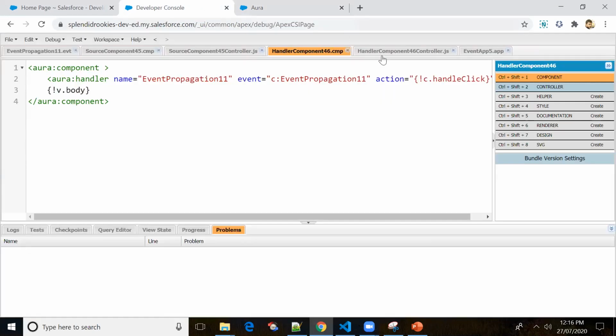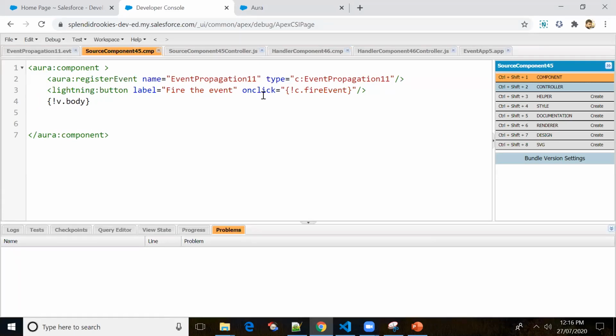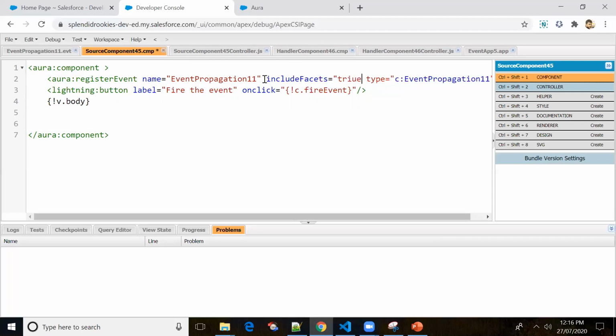So we have already provided the alert statement in the handler component, right? But we are not able to see it. We are only getting the output from one component, right? So now what I'll do is, let me register the event. I'll include facets equal to true.